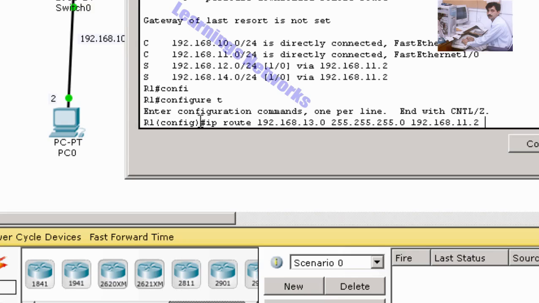Basically, what does it mean? It means the command says anything from R1 is taken to the 13.0 network through 192.168.11.2.